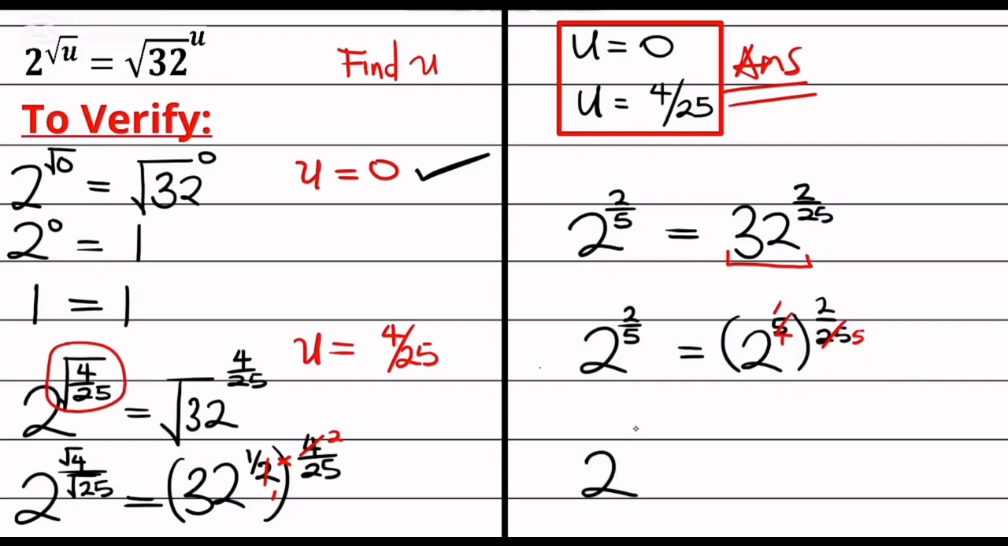That is 2 to the power of 2 over 5 equals, we have 2 here, the same place there, we have 2 over 5 left. So 2 raised to the power of 2 over 5 just equals 2 raised to the power of 2 over 5. And this has also proved and shown that this value, that u is equal to 4 over 25, is also correct. And just before you go,